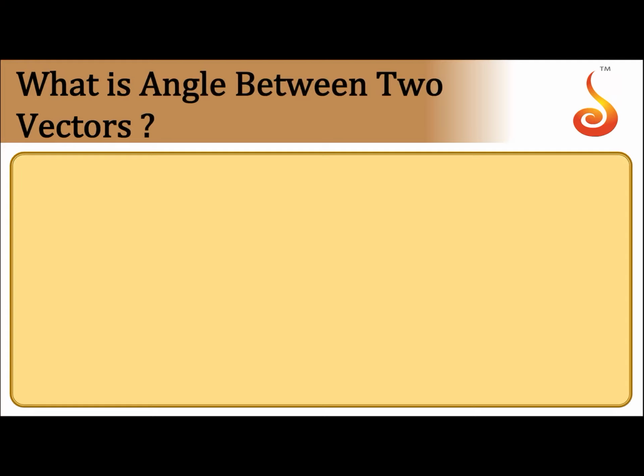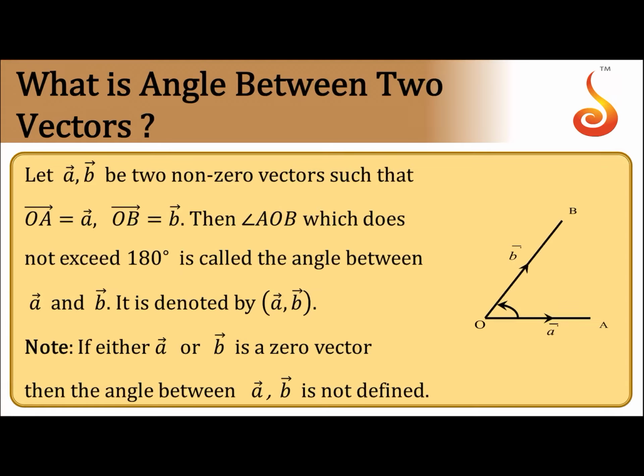The next concept is about the angle between two vectors. We are not going to measure the angle between just any two vectors, but we are going to describe it and denote it here. Okay, let us see that. If A bar is nothing but the vector OA in the direction from O to A, and B bar is a vector along OB, that is the position vector of the point B with reference to origin.